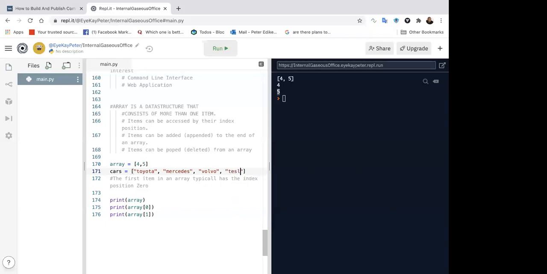Tesla. How can I forget Tesla? Good. So the same way, I can also have cars and